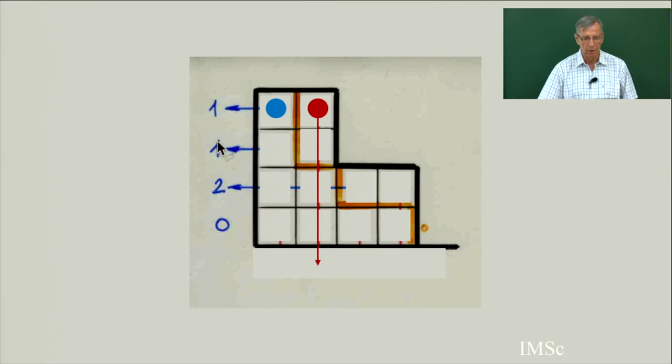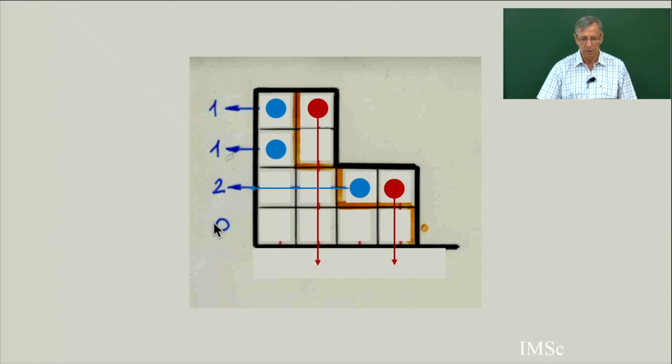Now I have to put a 1 here. So 1, I have put a blue point, and my row is totally filled. Now I have to put a 2. So what are the free cells? I have this one, and this one. Which means that I have to put a blue point such that the parameter should be 2, so I must put my blue point here, because 1 plus 1 equals 2. If I put the blue point here, this would be 1 plus 1 plus 1 equals 3. So I put my blue point here, necessarily. So there is an empty cell here, and automatically I must put a red point.